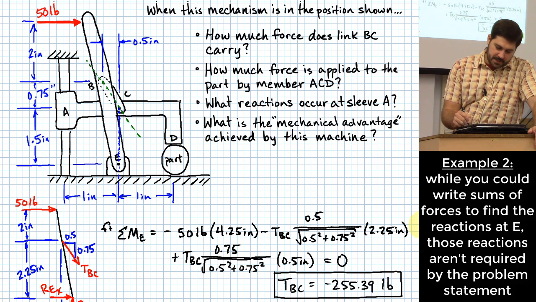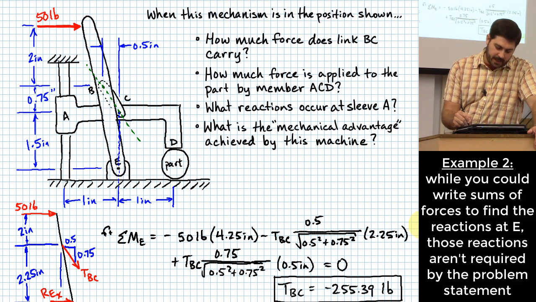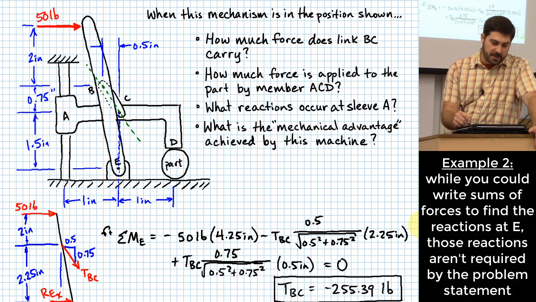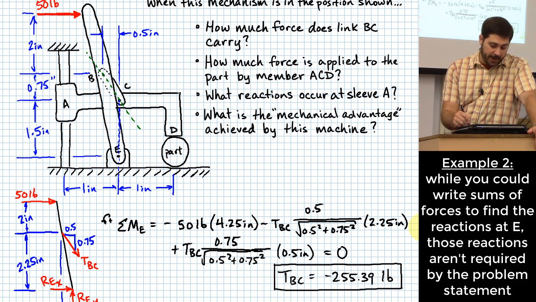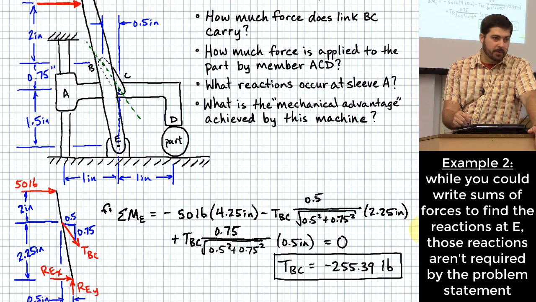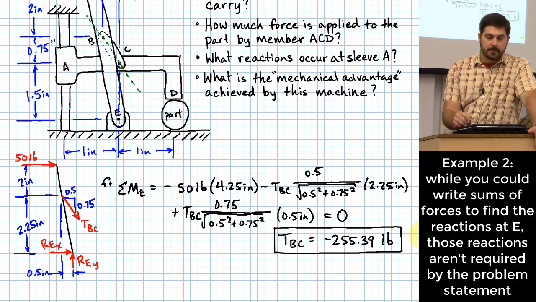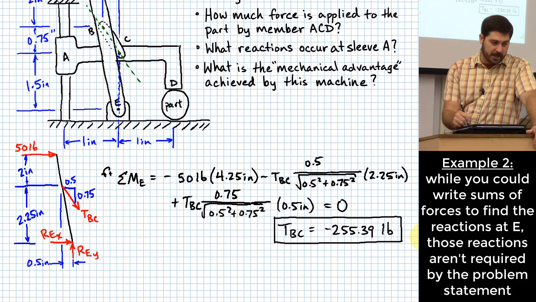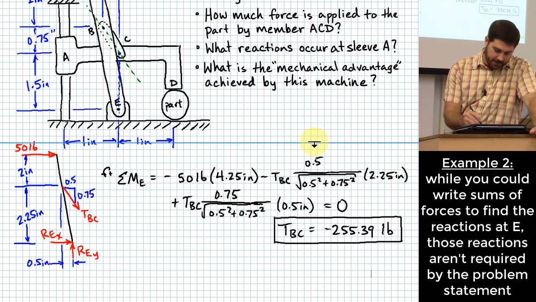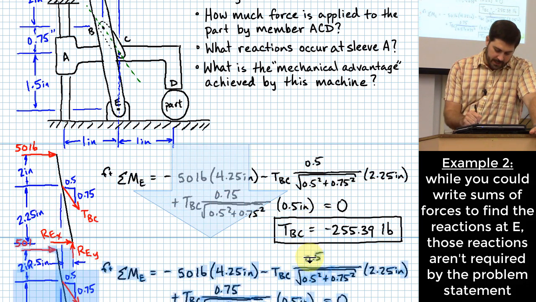It does not, and so in the spirit of efficiency, I'm just going to leave it off. I don't need to find those reactions at E. I know how to do them if I need them. What would you do? Some forces in the x to find REX, some forces in the y to find REY. I know what to do if I need them, but it turns out this problem doesn't require that. So I will go ahead and move on